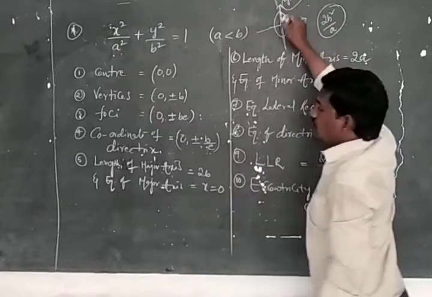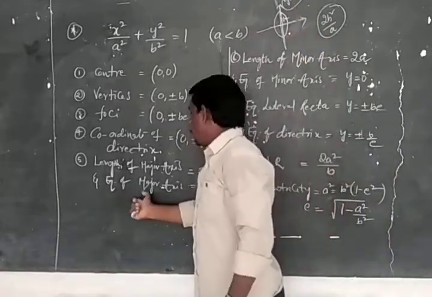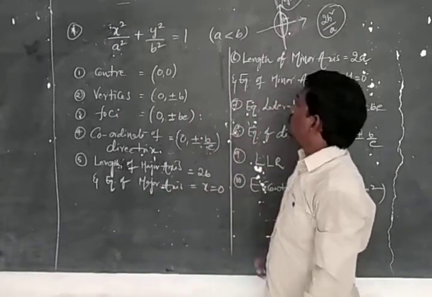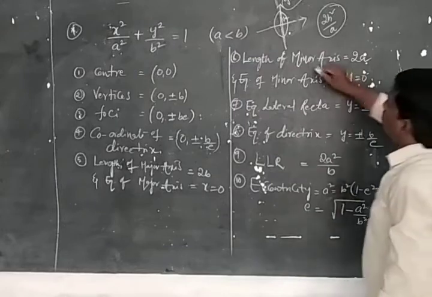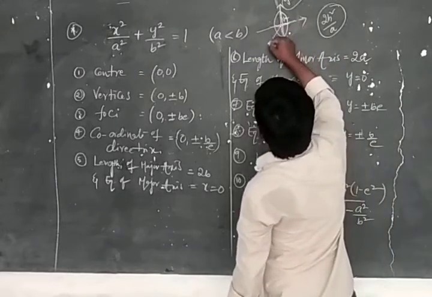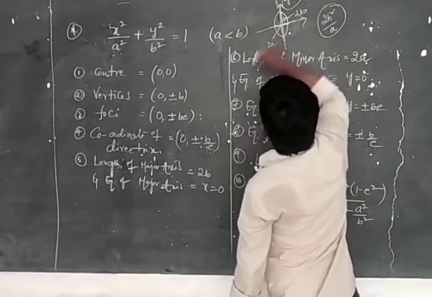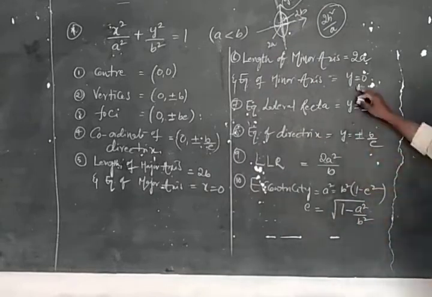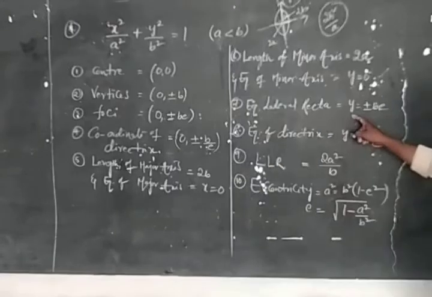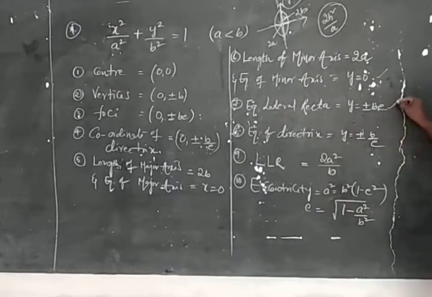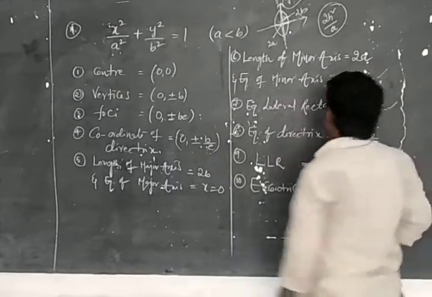So for the y axis, we have to write the equation of the major axis: x equal to 0. Now the length of the minor axis is 2a. This is 2a. This is 2b. The equation of the minor axis is y equal to 0. Next, the equation of the lateral recta is y equal to plus or minus b, and the equation of the directrix, we know that